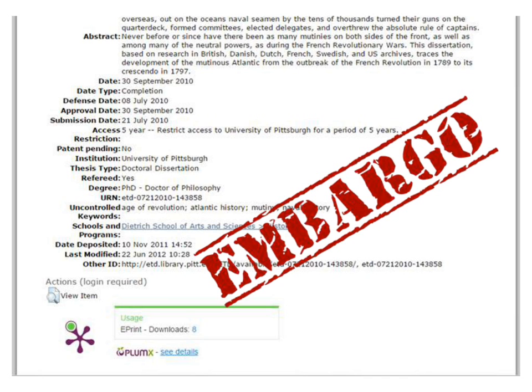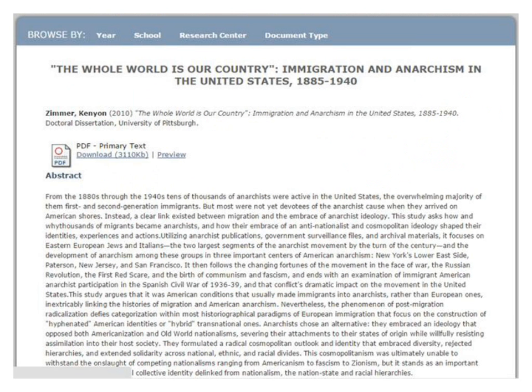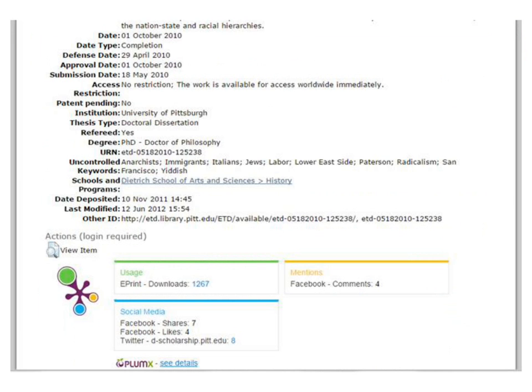Now here's the second ETD, also from the history department, also from 2010. But this ETD was released for immediate access worldwide. In other words, it was open access. And sure enough, we find that when we look at the metrics for this ETD, we see it was downloaded 1,267 times, and it received some comment and notice on social media.